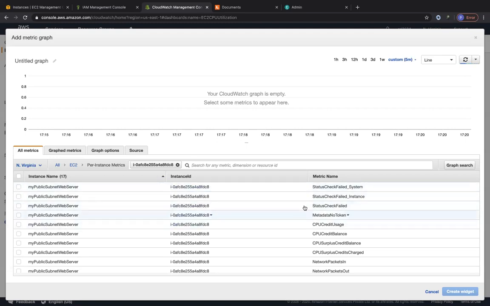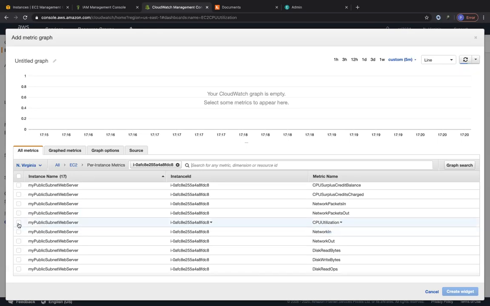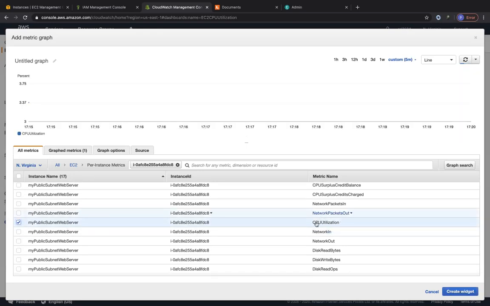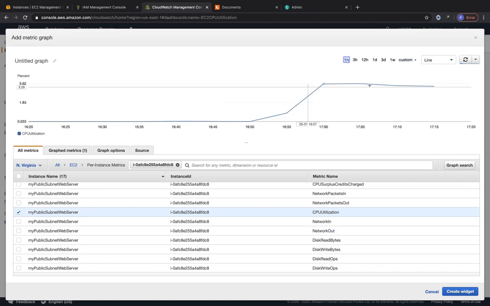This is the instance ID, and you can see over here we have the status checks. We have the CPU related metrics. We have the network packets in, network packets out. We have the CPU utilization, which we are thinking about, right? And then we have the network in, the network out. We have the disk bytes, the disk ops, and so on, right? So on the top, you can see we have a timeline over here for every 1 hour. Okay, this is a pretty nice graph.